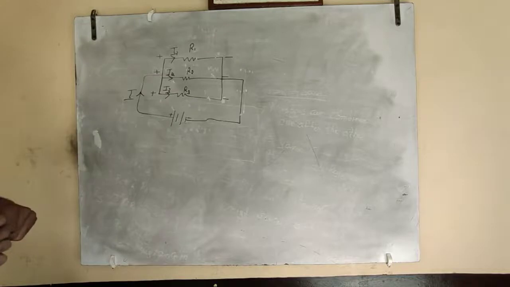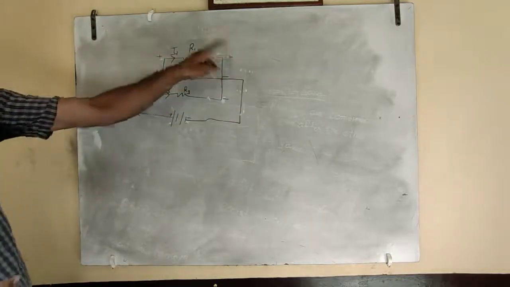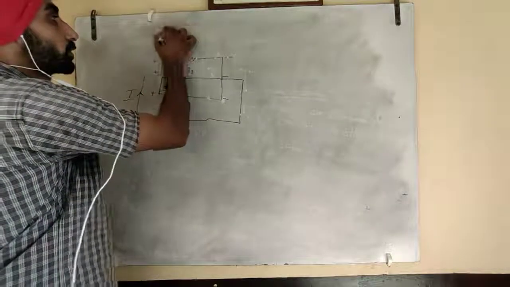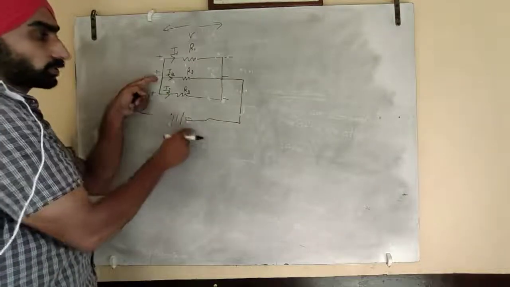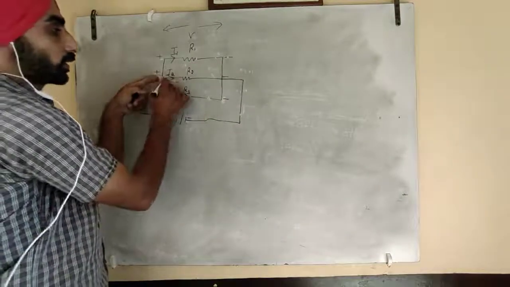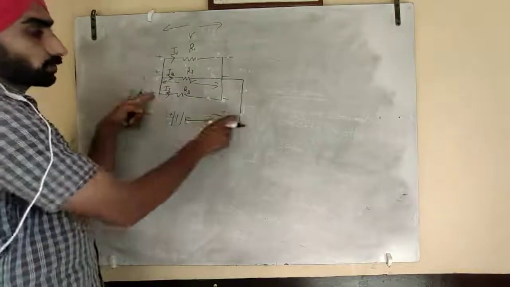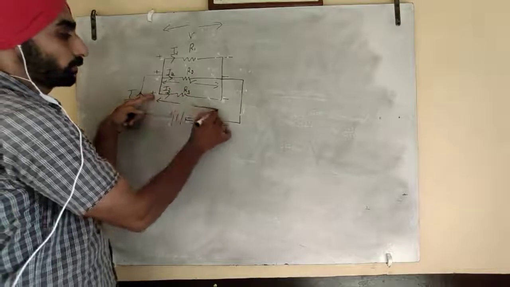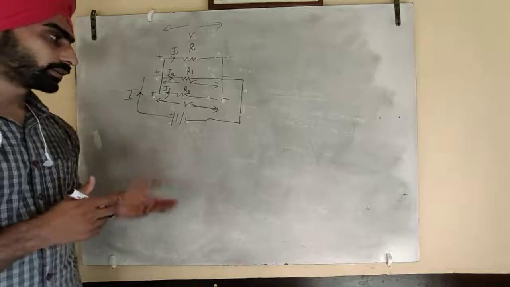Okay, but the potential difference is the same, positive and direct connection with the negative. So this is also having V. So this is also having a potential difference of V. It is also connected with the positive and it is also connected with negative. It is also having a potential difference of V. It is also connected with the positive, it is also connected with direct negative. So it is also having a potential difference of V. So different current is flowing in each.